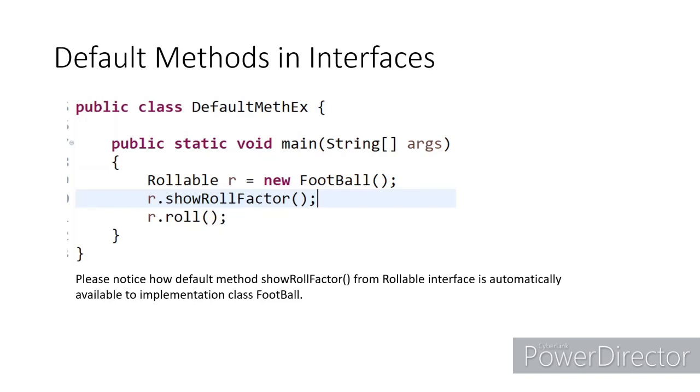Later on, suppose some new requirement came into the picture, and I was supposed to provide an implementation for it. It was relevant to that interface which I had already created. To that interface only, I need to add a few more functionalities. Now, for that, the most suitable thing for me is I just go and add a new method into that interface rather than creating a whole different interface for it, because the functionality is one and the same.